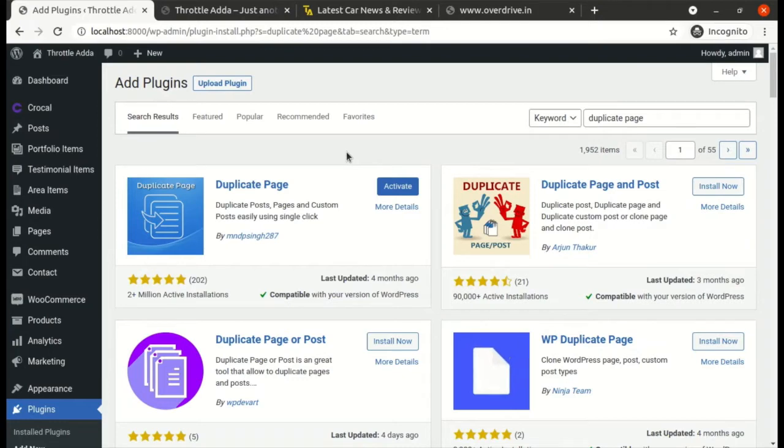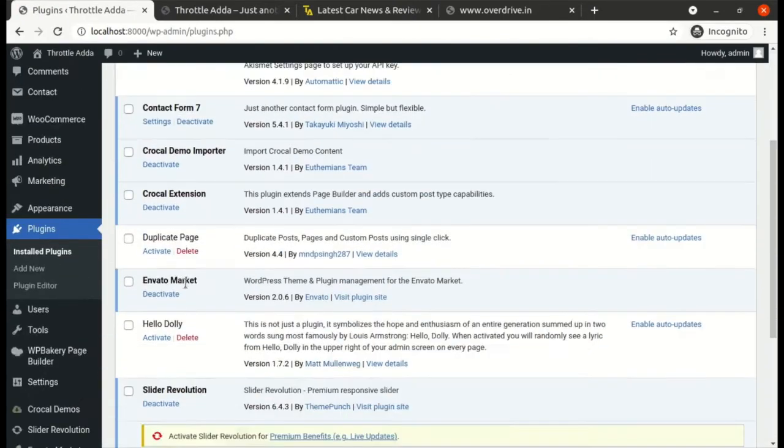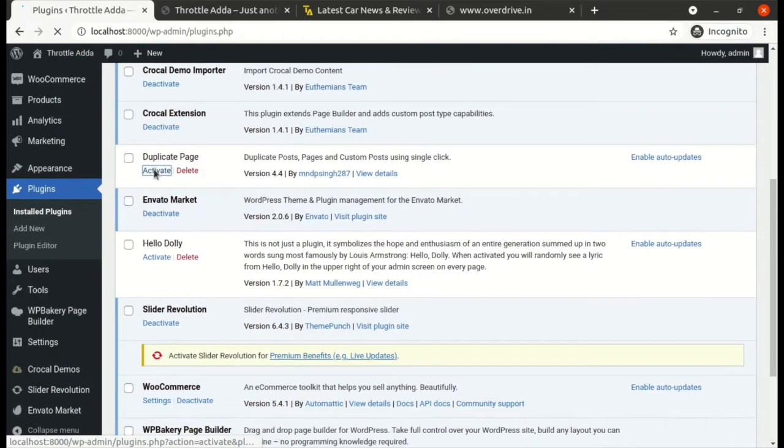The way I've shown you the theme copy paste in the themes folder, we can copy paste the plugin zip file in the plugins folder, inside the WP content plugins folder, and extract the file. And then the next step would be to go to install plugins, and activate the plugin.